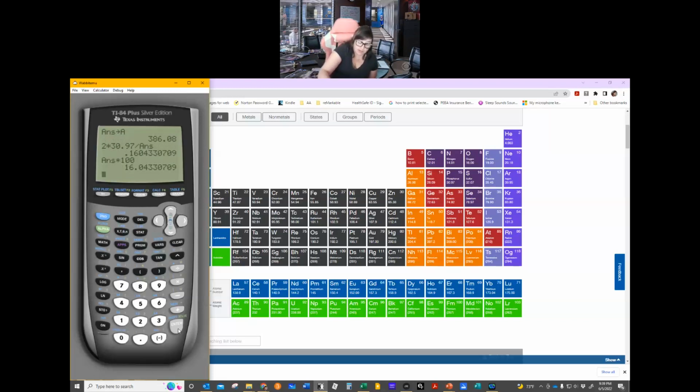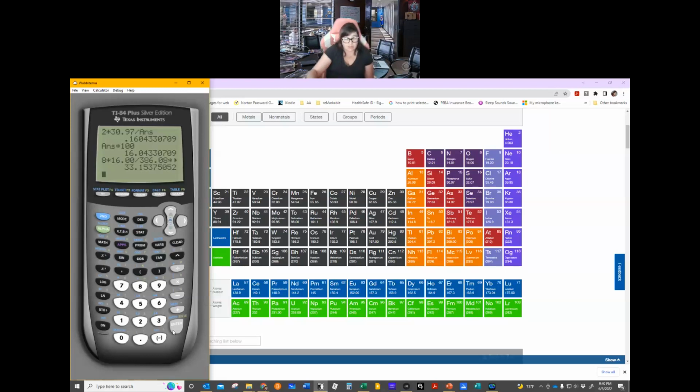16.04% for the phosphorus. And then if I do the oxygen, same kind of thing, 8 moles times 16.0 grams per mole over 386.1 grams per mole times 100. Now let's go back in here, and we have 8 times 16. I'm going to divide that by, so I can recall alpha A. And then I'm going to multiply the whole thing by 100. And that's going to give me